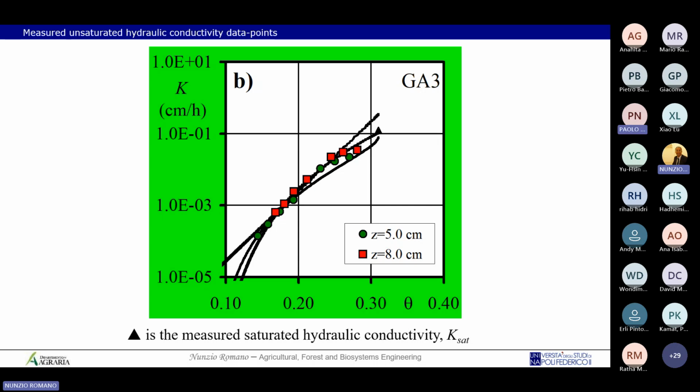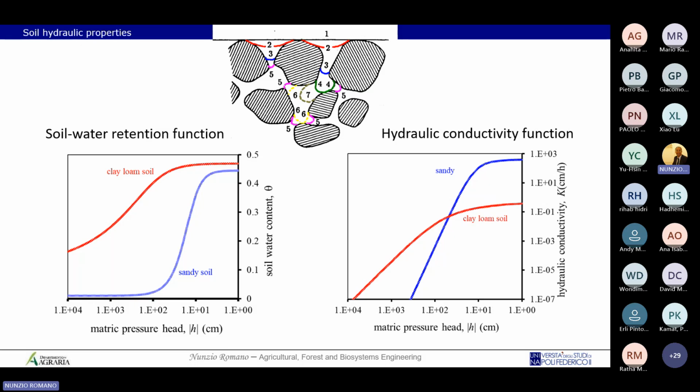And I conclude this lecture. I understand that this lecture can have been a little bit heavy because of mathematics, because of physics, but I hope that you appreciate how important it is to consider the flow of water in terms of differences in total water potential, and also to consider how important the soil hydraulic properties are, and to obtain information on soil hydraulic properties to model in a more comprehensive way the movement of water from soil to the vegetation.